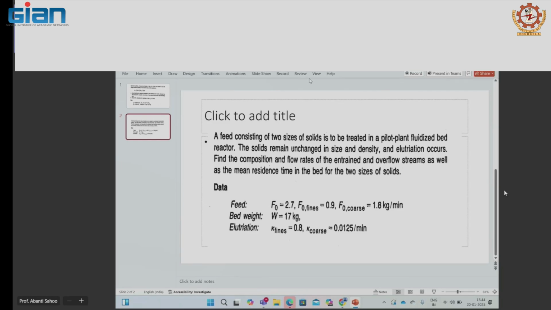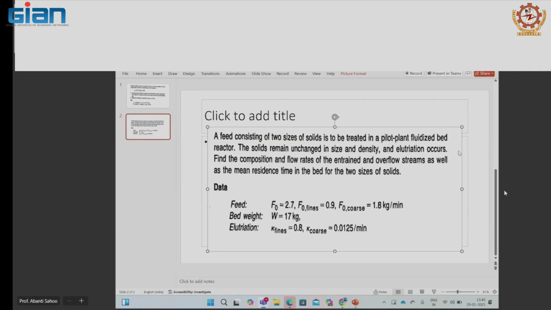So thus, just to have some idea about how to find out what will be the size distribution, we will be solving small examples, as the detail part we have not discussed. The detailed problem with the data of the size distribution we cannot solve here, that will take time. Here, a feed consisting of two sizes of solids to be treated in a pilot plant fluidized bed. If the feed mixture contains two sizes, the solids remain unchanged in size and density,